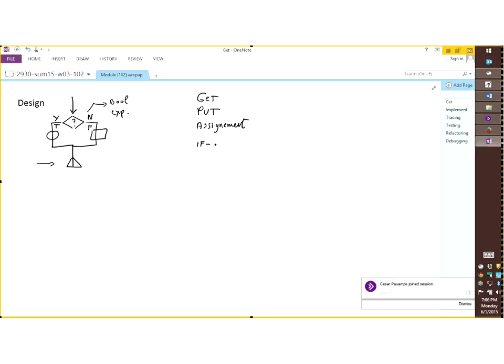I mean, module 1 or 2 was all about the if and the if-else statement, which in Raptor is always the same thing. It's that thing here. So we have like four statements. So how do you decide first that you need an if statement? Every time you need to test something. All of those things here do not perform any tests, do not perform any conditional execution of code, you know, if this is true, then do that, if this is false, then do that. So it's really easy to identify that you need an if statement instead of one of those get, put, or assignment statements that we studied in the previous module.